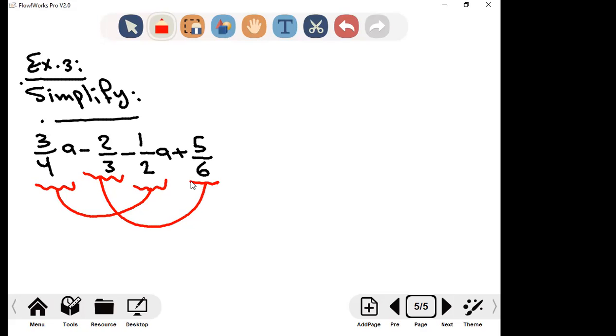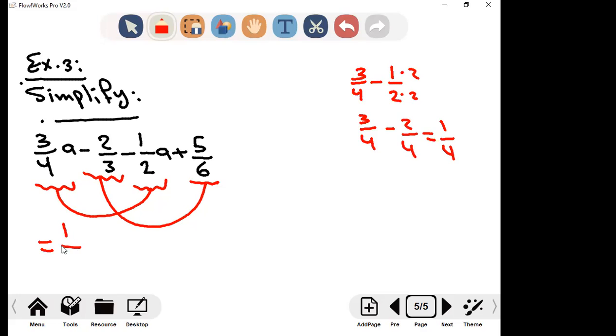Means 3 over 4a with minus 1 over 2a means 3 over 4 minus 1 over 2. I work them on the side. 3 over 4 minus 1 over 2 means 3 over 4 minus 2 over 4 means 1 over 4. So 3 over 4a minus 1 over 2a equals 1 over 4